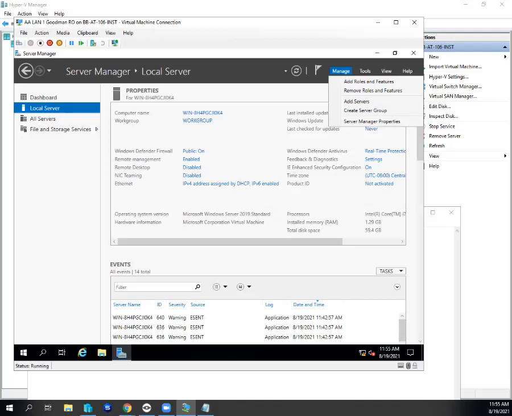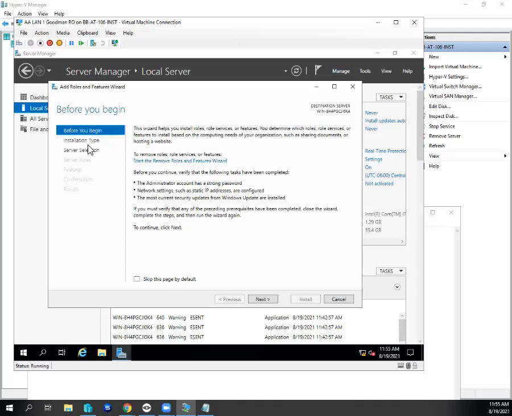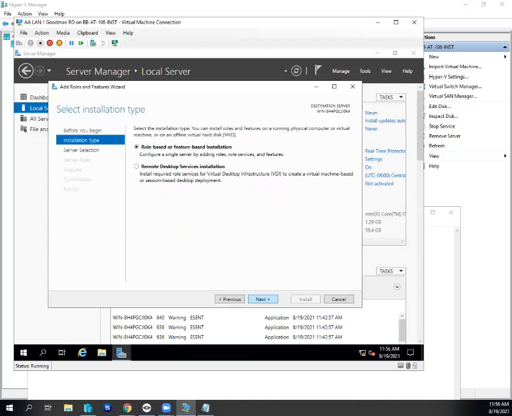So we're going to go to manage and we're going to click on add roles and features. Adding roles and features will let us choose what this server is going to be doing. It's not going to be doing everything. Microsoft thought in the past they were just going to use one computer to do everything. No. Let's go next. We're going to be role-based. Probably 99% of the time, you would always select role-based. As we go next,